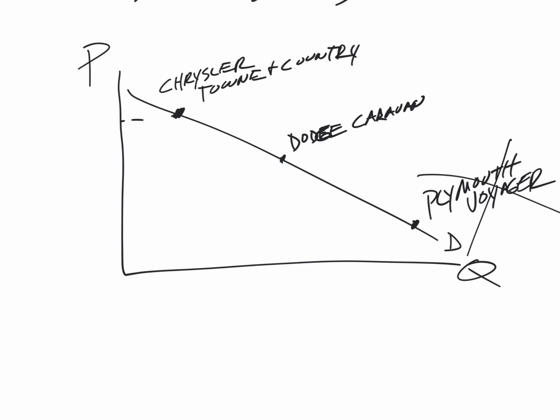So, but here's what it does. Instead of producing this many, if they can price discriminate, they'll actually increase their output to here. And if they can price discriminate further, they increase their output to here. So price discrimination actually helps. And if you read in the book, it talks about price discrimination among drug companies. It actually allows them to sell in developing countries for a lot cheaper, a lot lower price than they can sell here. And if they weren't able to price discriminate, they wouldn't be able to sell these drugs at all